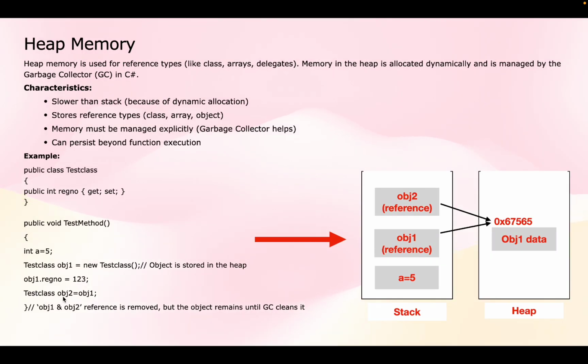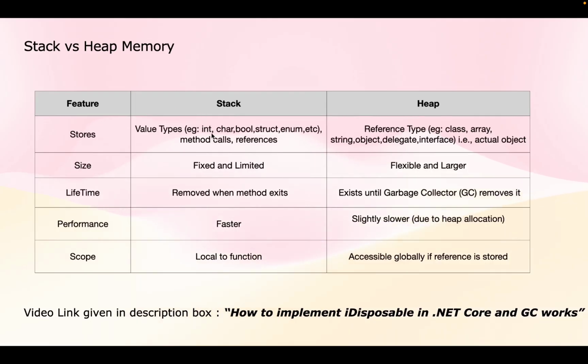And in the next line created object 2 for test class and assigned object 1 into object 2. When this line executed, the reference, that is memory address of object 1, will be copied into object 2, and also compiler creates a reference for object 2 in stack memory. Now both object 1 and object 2 references in stack memory point to the same memory address where the data is stored in heap memory. So if I change object 1, object 2 is also modified. Once the function finishes execution, the object references and variables in stack are removed automatically, but object remains in heap until garbage collector removes it. So stack memory maintains value types, method calls and references of heap, and heap memory maintains